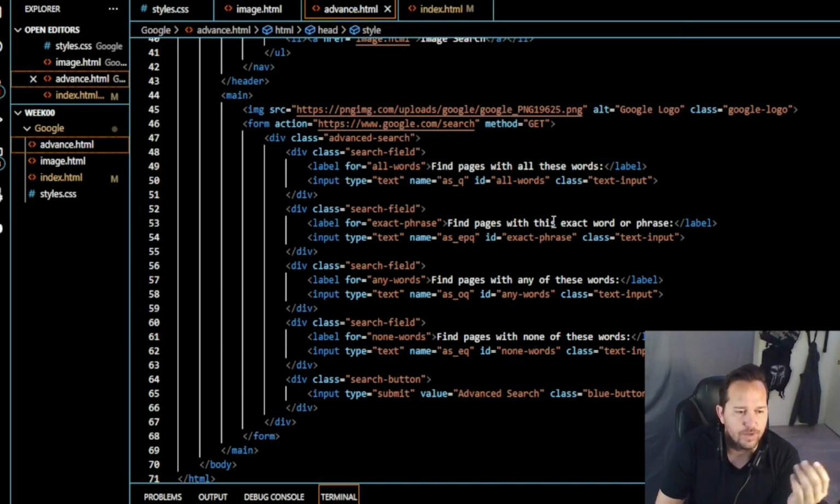Then we have find all pages with these exact words. We have the exact phrase, and then text input. You'll notice this is all words, this is exact phrase, find pages with any of these words, any words, text input, find pages with none of these words, none words, text input. Then we have the class search button, submit value advanced search class, blue